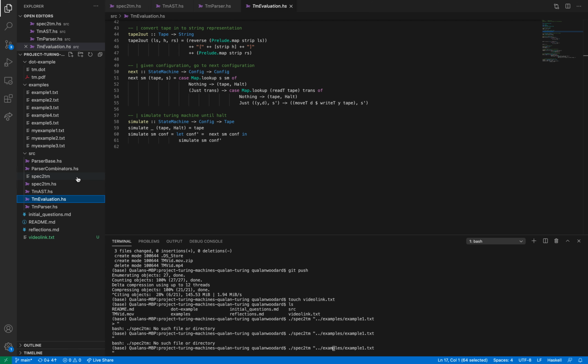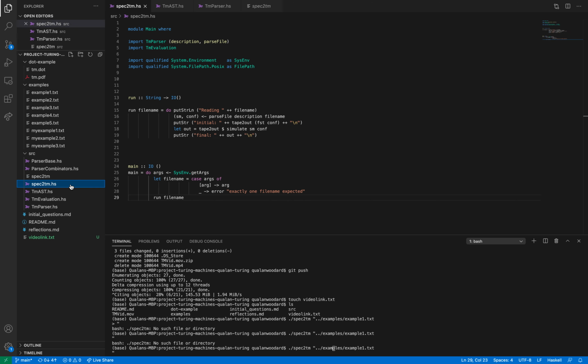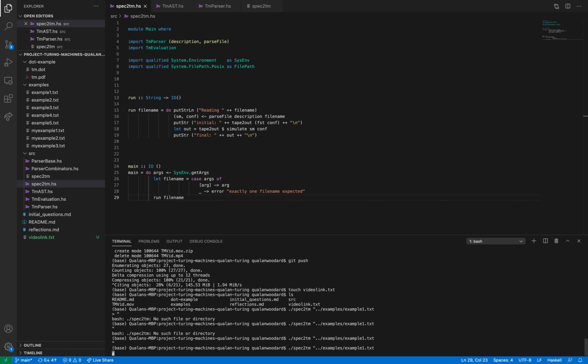This all goes into actually being able to define the program, which simply takes text, transforms it into a Turing machine in Haskell, and then runs the Turing machine in Haskell. This does exactly that. It first parses input text, and then when it gets the state machine and the configuration from this input text, it just runs simulate as we saw in the previous file, and then also converts the result into a string just for ease of reading. And so we can see that if we were to run this,